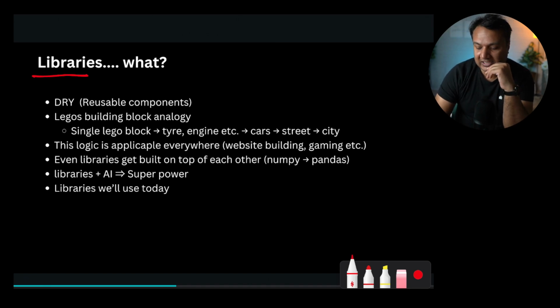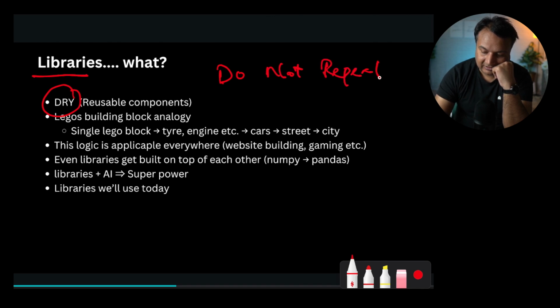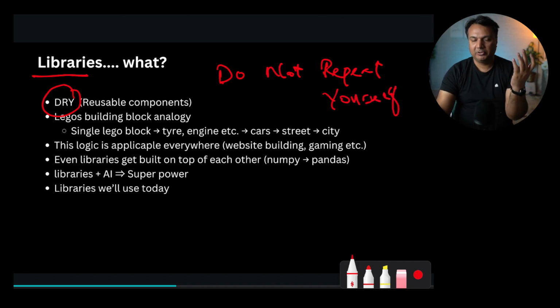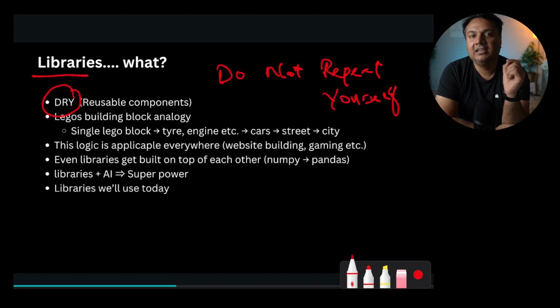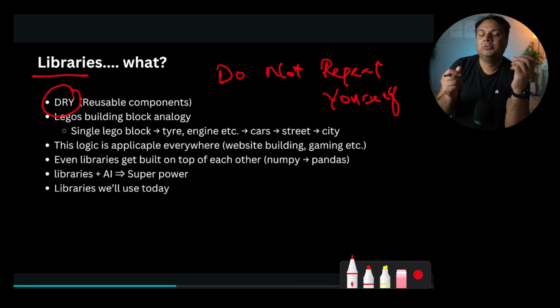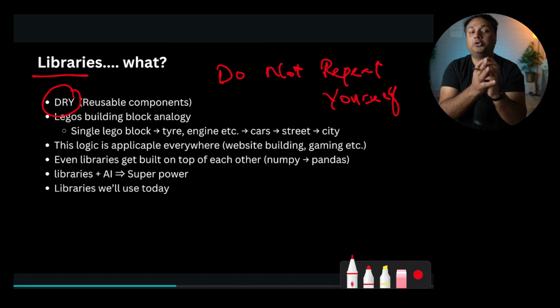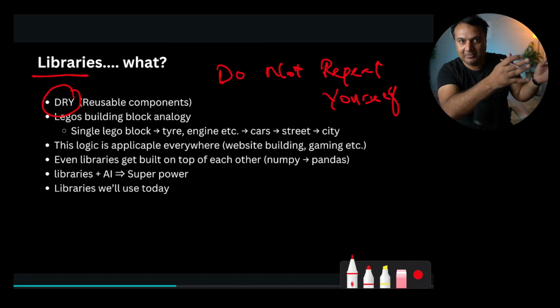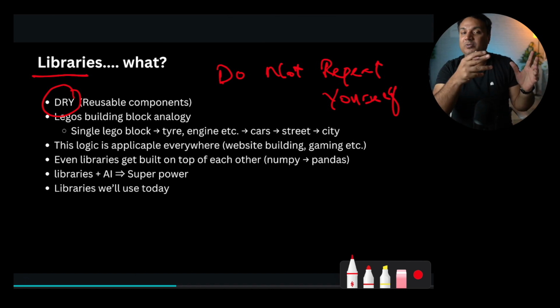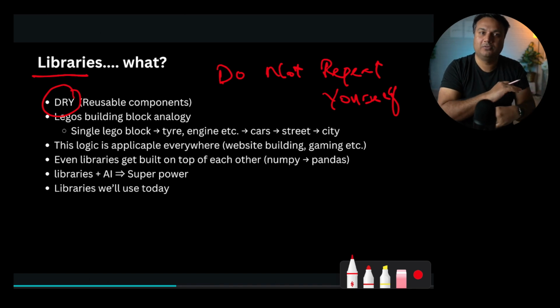When it comes to coding, there is a very popular concept called DRY. It is basically Do not Repeat Yourself. So when we are teaching computers to do something, the next time we are trying to say the same thing, we can just ask it, do the whole thing which we have explained in the past, and it should be able to do it. We don't have to go again and write the code for that.